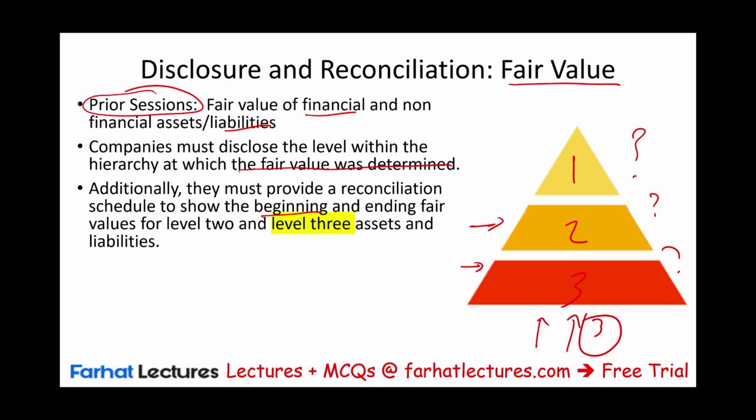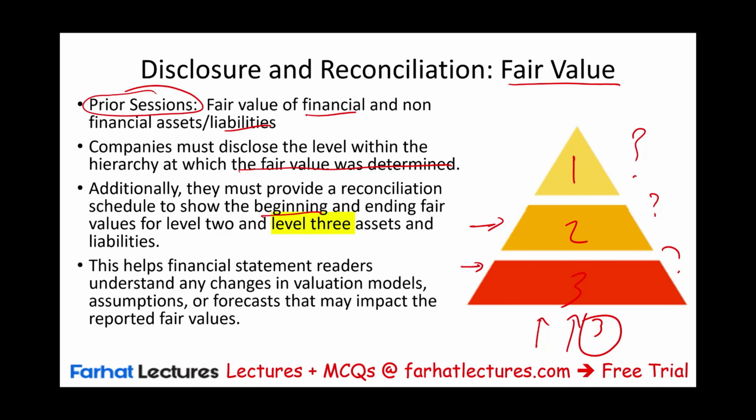And why are we doing all of this? Because we want to help the users of financial statements, investors, creditors, to be able to understand our fair value assumptions, our forecast. They may disagree with us. That's fine. As long as the auditor agrees, that's all we need. But the users may disagree. The users might make a different assumption, or at least the users need to know, how did you come up with this number? And decide whether they are comfortable with this number or not. And this is what we will do in this session. What is required to be disclosed? Let's go ahead and get started.